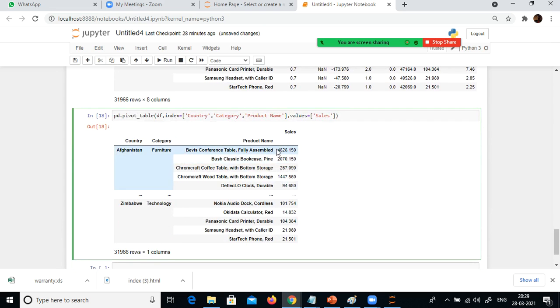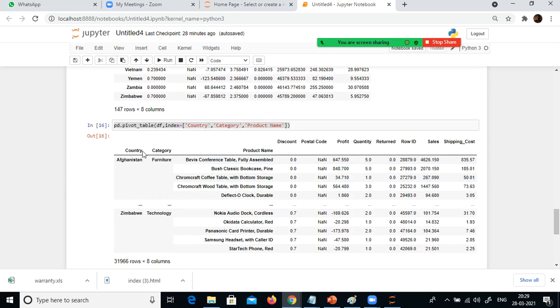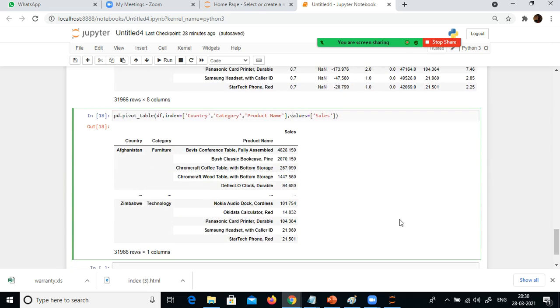Country, category, product name, this is country wise, product wise, category wise. Earlier it displayed all the columns for these three combinations of index values. So these three became the index now, but I don't need all these columns. Do I need the postal code, row ID? I don't need it. I included only the relevant columns in my index, and the relevant column which I needed I included in the values option.